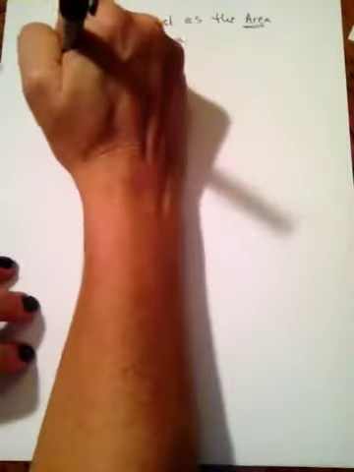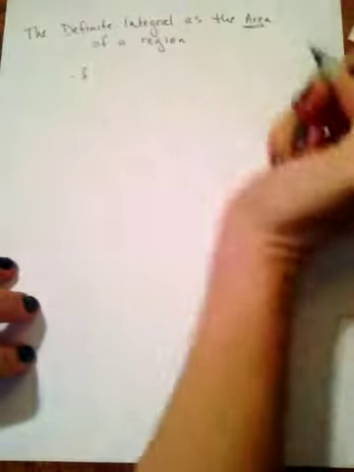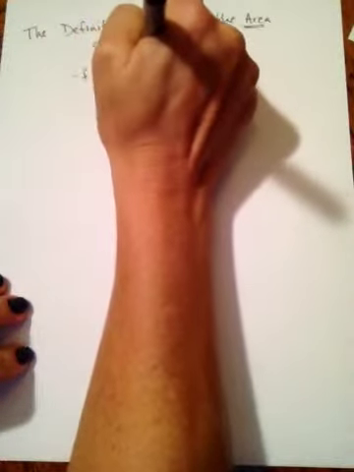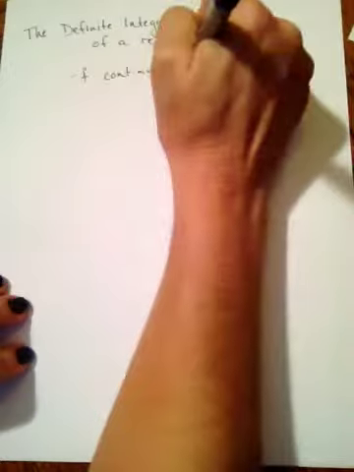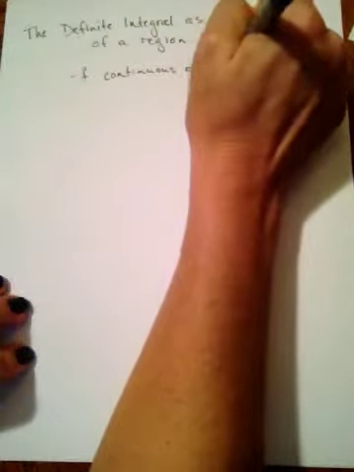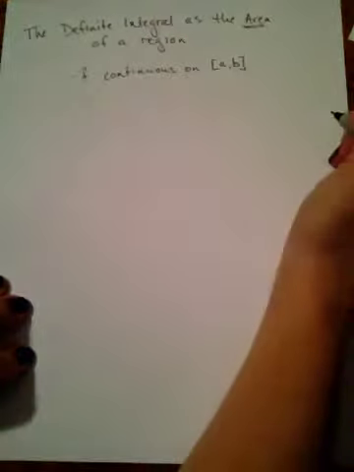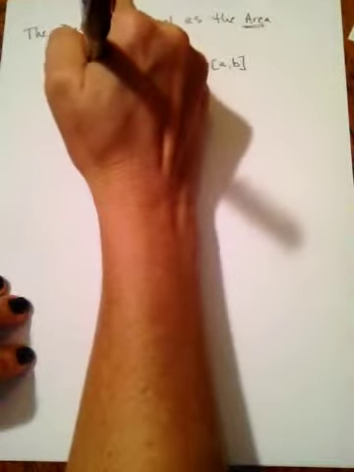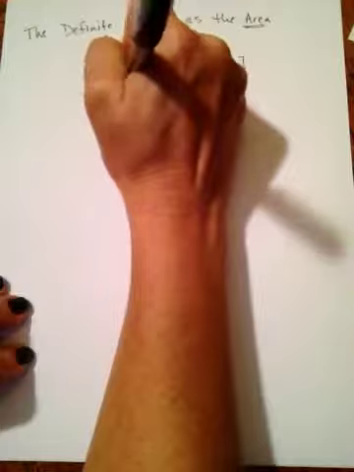So for this video, we're looking at the definite integral as the area of a region. So what we have here is if you have some function f, and we're going to say f is continuous on a to b, some closed interval a to b. I'm also going to say f is non-negative,